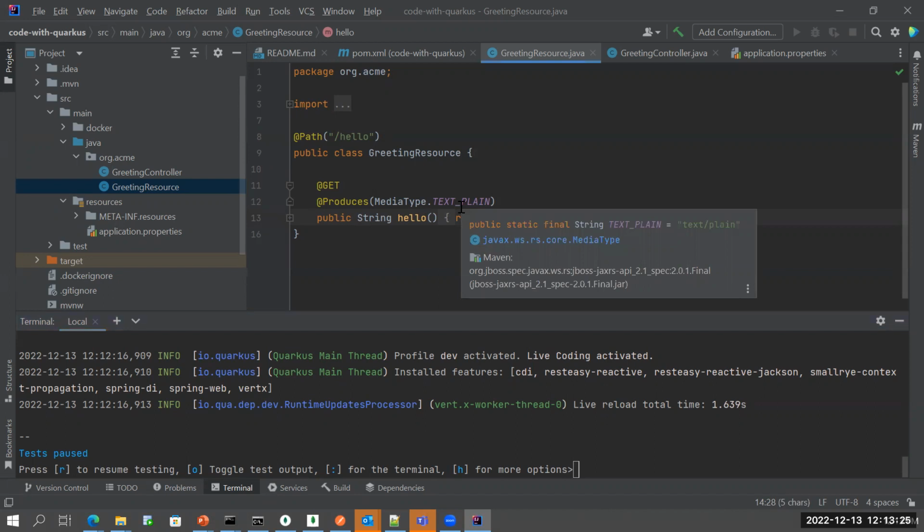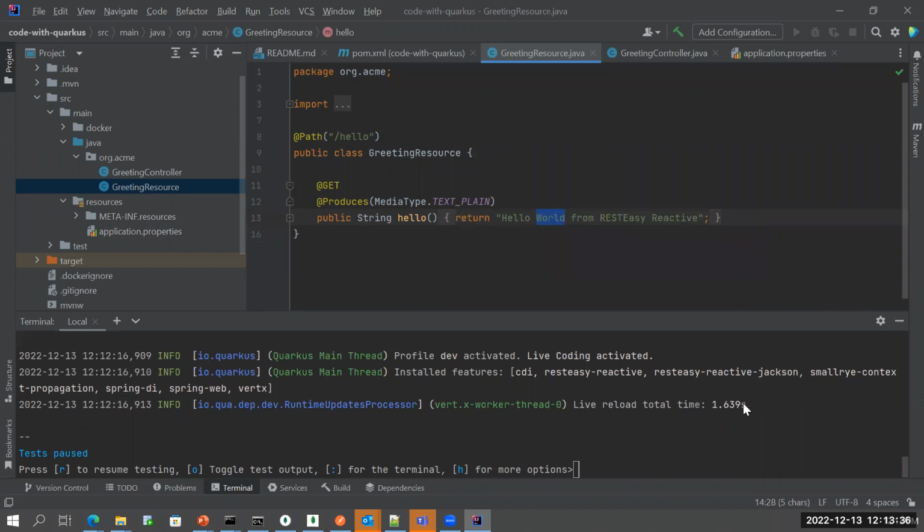That's why we have a session on the third day to differentiate when to use Quarkus and when to use Spring Boot. The major differentiation here is the performance and the application size. In short, Quarkus is also sometimes referred to as the Spring Boot killer. The reason is the live reload which happens here. If you see, it only took 1.639 seconds. In Spring Boot, it takes more time